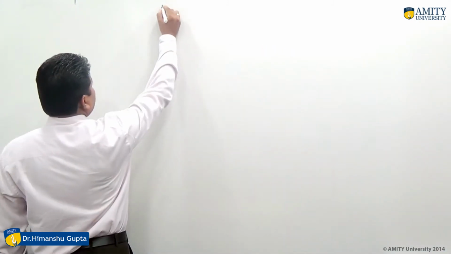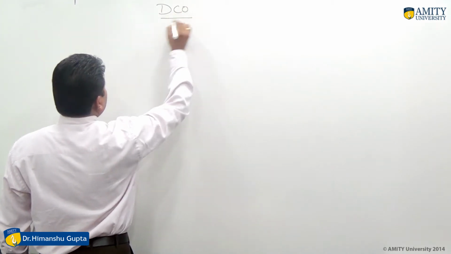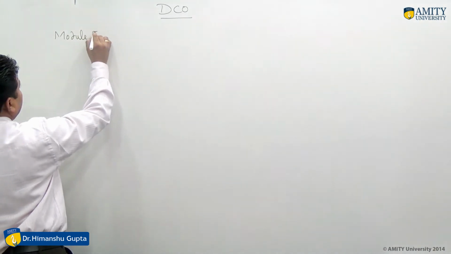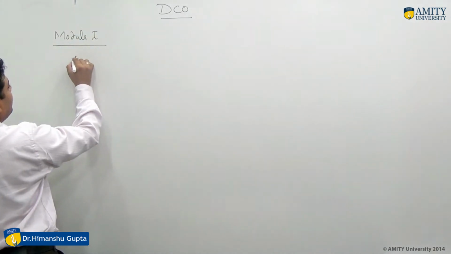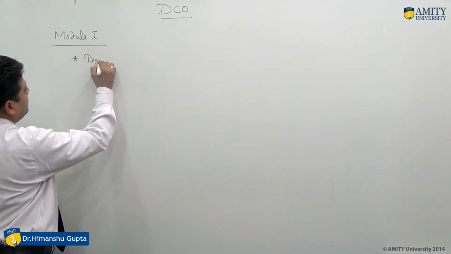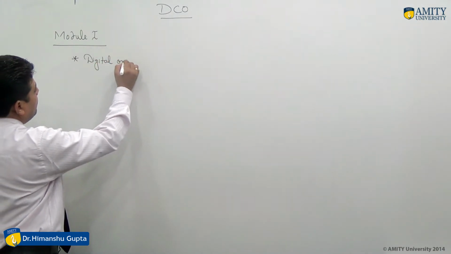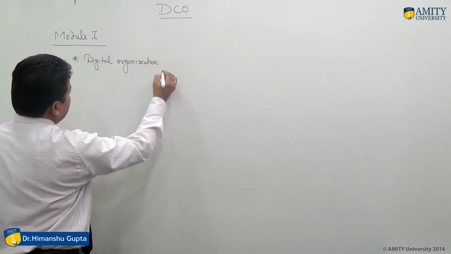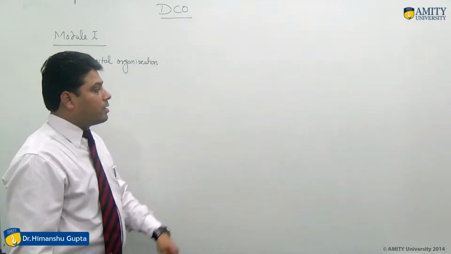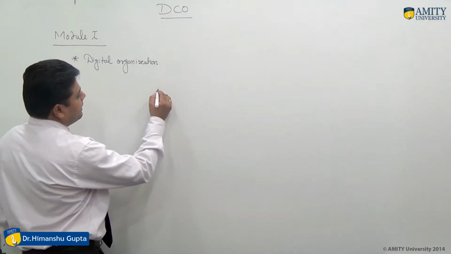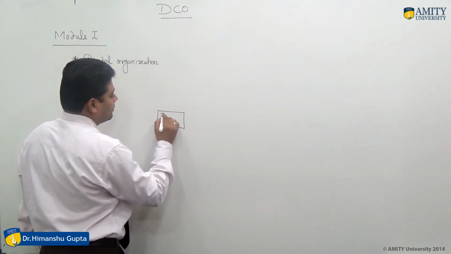So we start module 1. In module 1 we will discuss about digital organization. In this topic we will discuss about the various components of the computer system, like as this is the